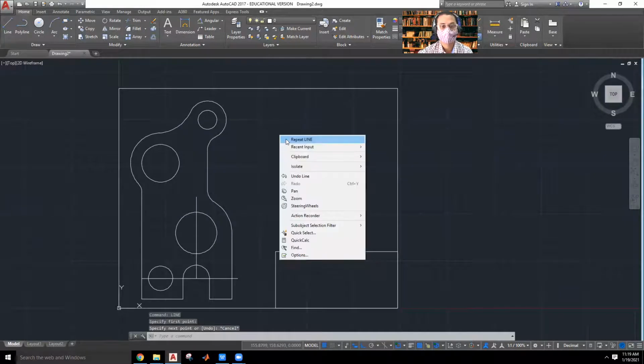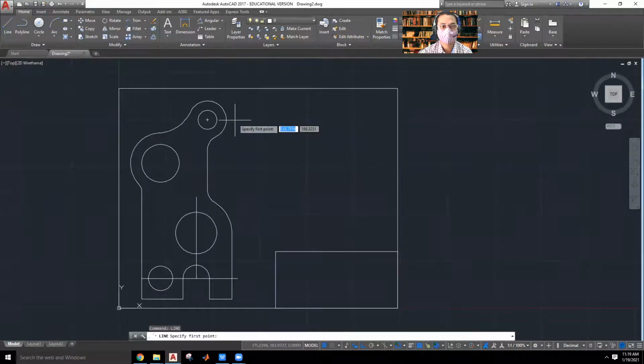So I need to generate these lines as per the figure. I need to generate these lines so that it is generated. Again, I click repeat line. So generating the other two halves separately.